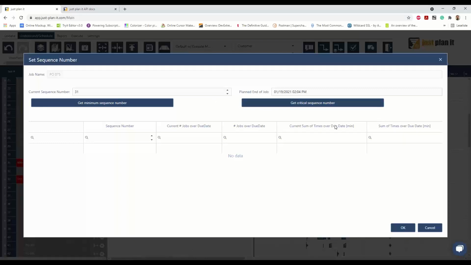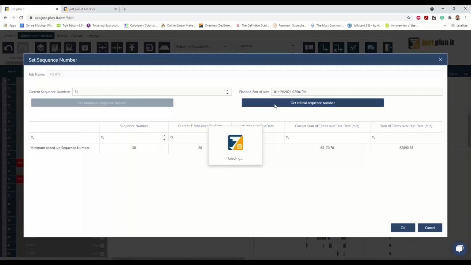What we do now is help you make a decision a bit better. So if you take a look down here at the table, and it probably will get a bit easier if I simply get data, and I'm going to get both data points here. So we can see my minimum speed up sequence number is number 30, so one down, no surprise there. But now we also inform you, okay, if you do this, you currently have 20 jobs over due date, and you will still have 20 jobs over due date if you do this. But the current sum of times over due date, which is presented here in my settings in minutes, will lower